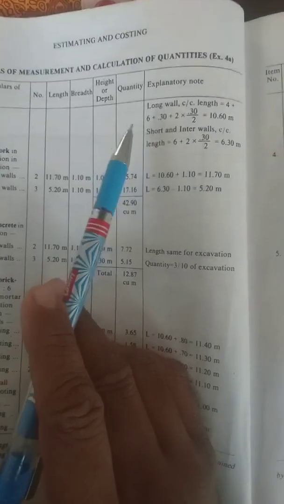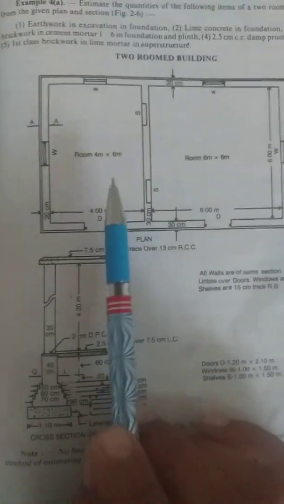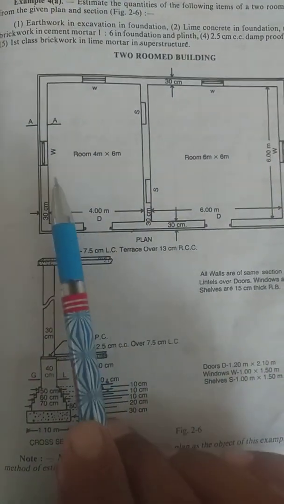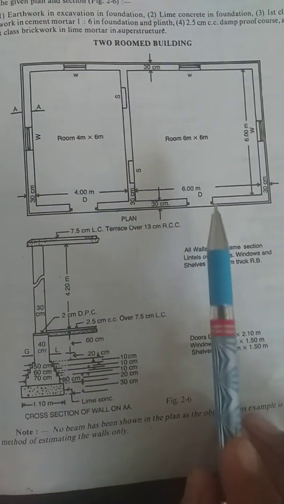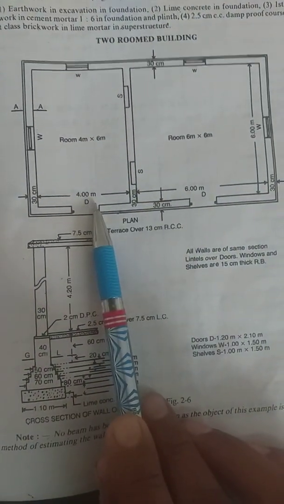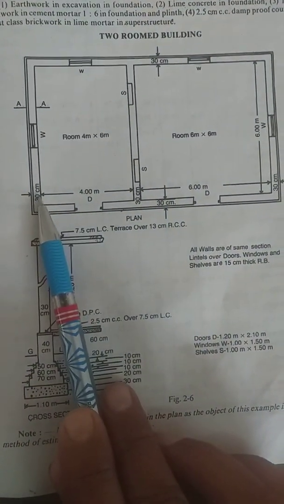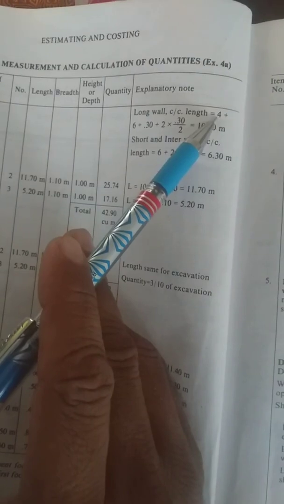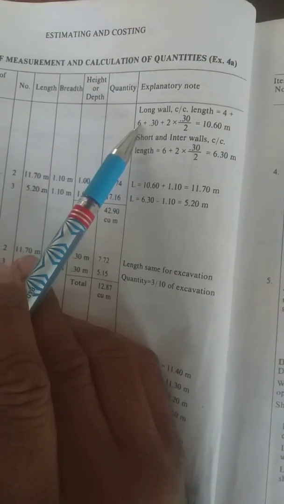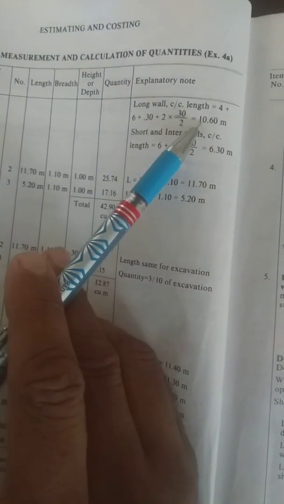Okay, so let's see physically how this comes out. This is the long wall. So we had added this 6 meter, this 4 meter, one full thickness, one half thickness, and this half thickness, and we will get the center to center distance of the long wall. This is one room's width, second room's length or width, inner wall thickness plus 2 times of half.